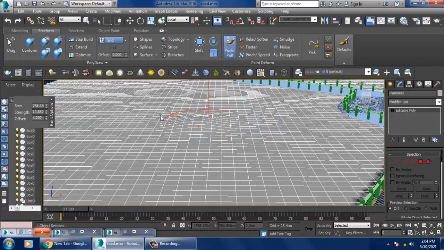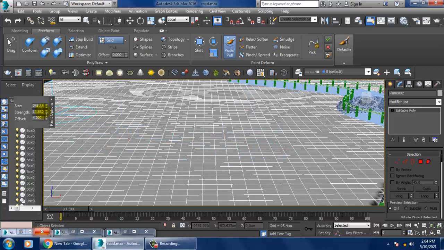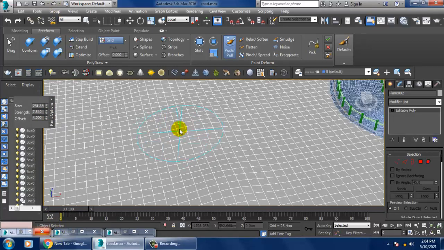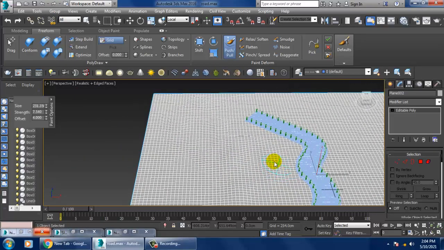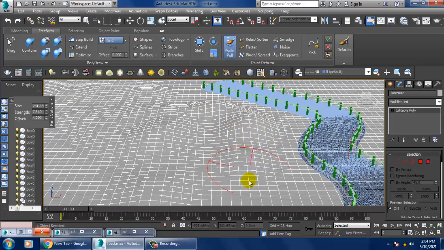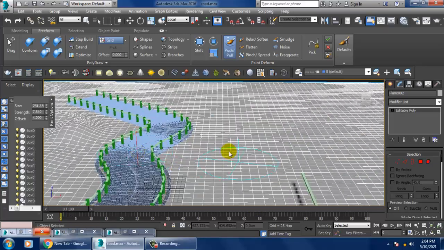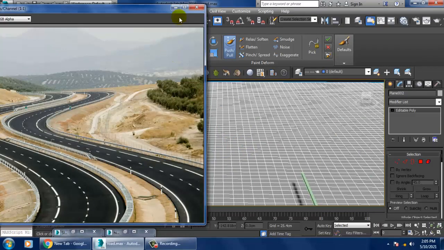So we have to make it uneven but not too high. So we'll just duplicate it.